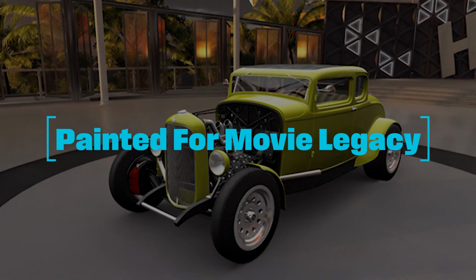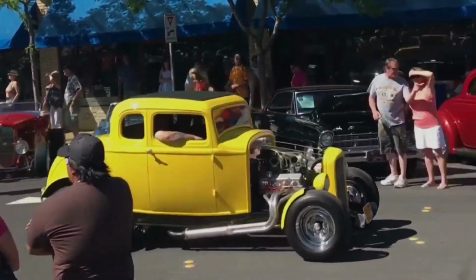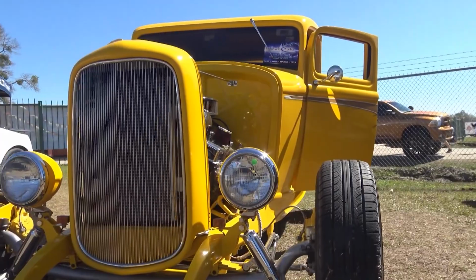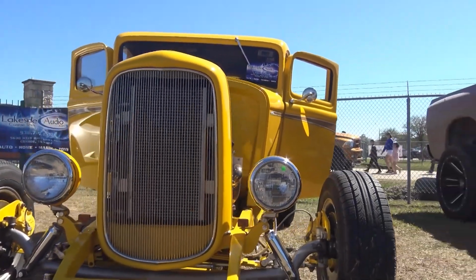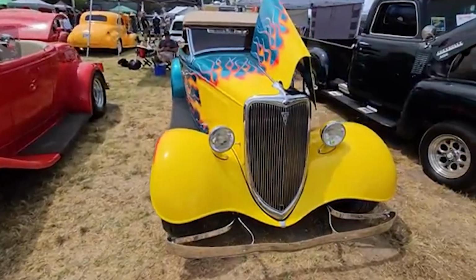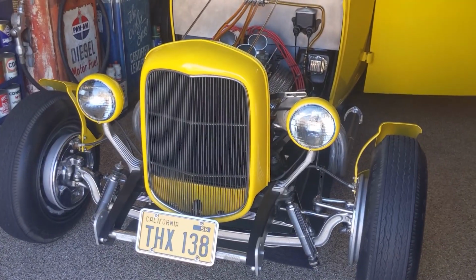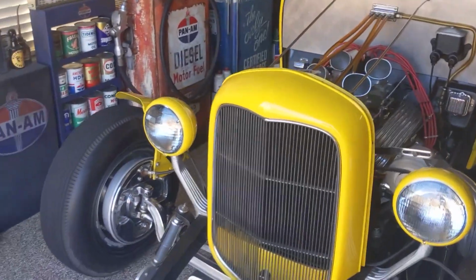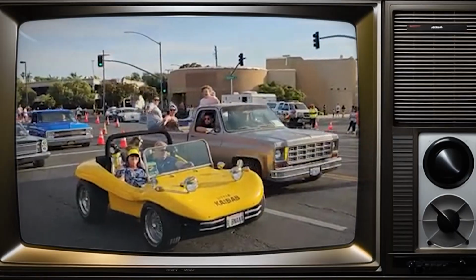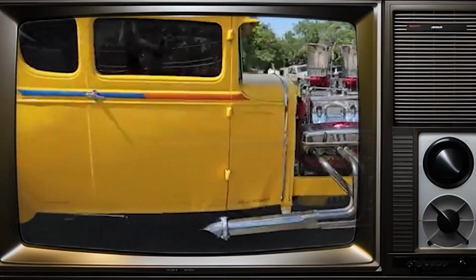Painted for movie legacy. One of the most iconic aspects of John Milner's '32 Ford Coupe is its striking canary yellow paint, a color that immediately grabs attention on screen. For American Graffiti, the car was painted in lacquer by Clos Orlandi's body and fender in San Rafael, giving it a vibrant, glossy finish that reflected the car's youthful energy and rebellious personality. The bright color helped Milner's coupe stand out among the other vehicles in the film, visually reinforcing its role as